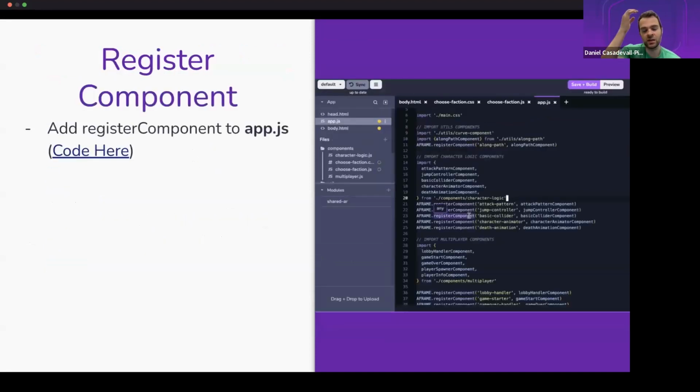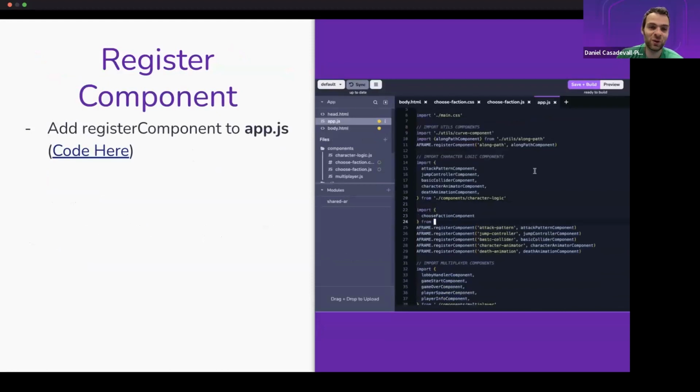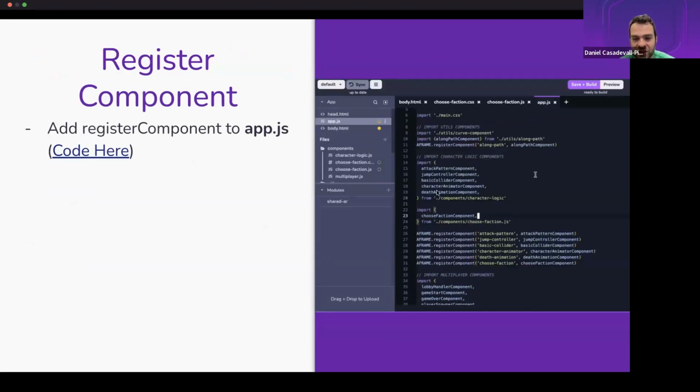So I'm going to go ahead and, oh, sorry, I did miss one step. We created a component, but we forgot to register it to A-Frame. That is the one last step, and it's very simple, very small. I think it's 2 lines. You import the component from components/choose-faction.js, and then you call AFRAME.registerComponent. The name is the same name that we put on a-scene, choose-faction. That tells A-Frame that whenever you add choose-faction to your a-scene entity, you're going to be using this JavaScript choose-faction component that we just created. And that should be it for adding this new component that shows the choose faction UI.